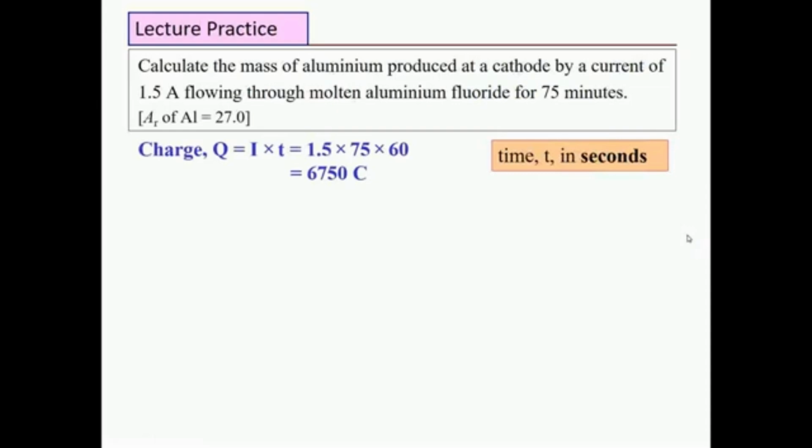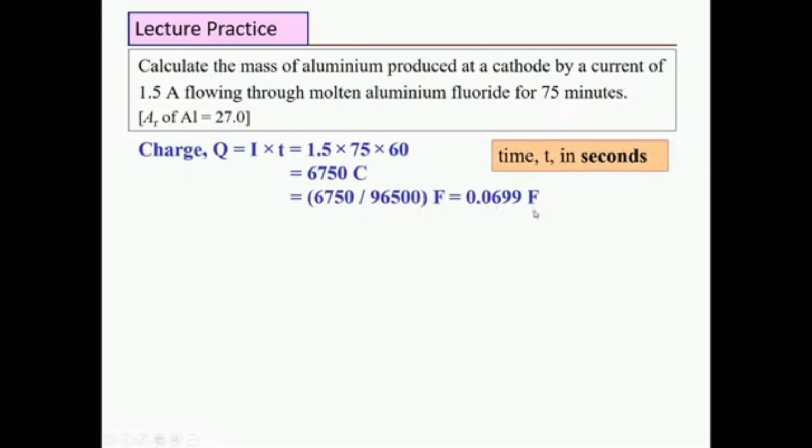From the data given, the current and the time allow us to calculate the charge that's passed through. So using the formula, charge Q equals current times time, we have 1.5 ampere multiplied by the time, which is 75 minutes. We need to change it to seconds, so multiply it by 60. That gives us 6750 coulomb. Change it to the number of Faraday, divide it by the Faraday constant, 96,500, and that gives us a value of